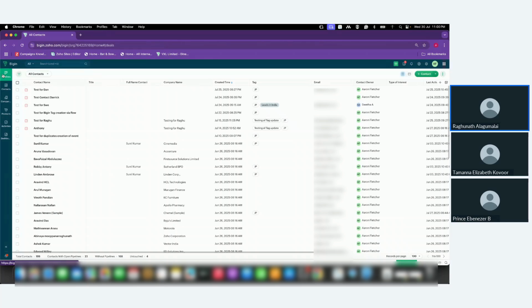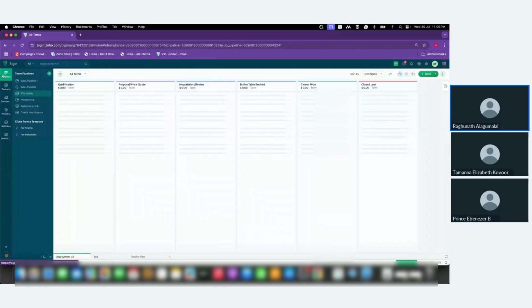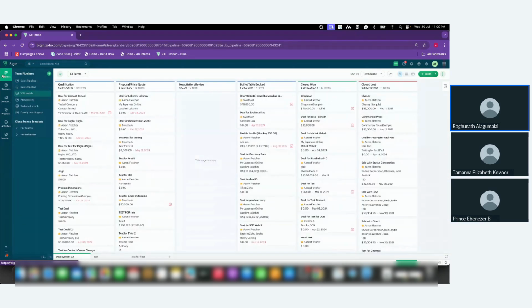The Pipelines module is the place where you manage your sales and operational data. To manage your sales, you will have a specific process, and within that process you will have various steps, and those steps you can mention as stages. And once the lead or the contact is created in your Bigin account, you can create a relation